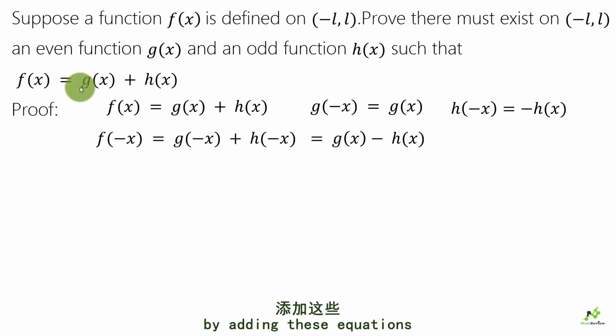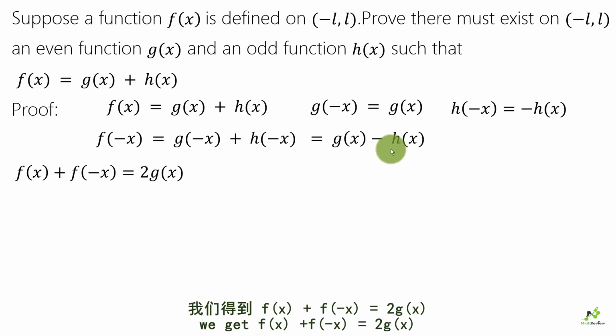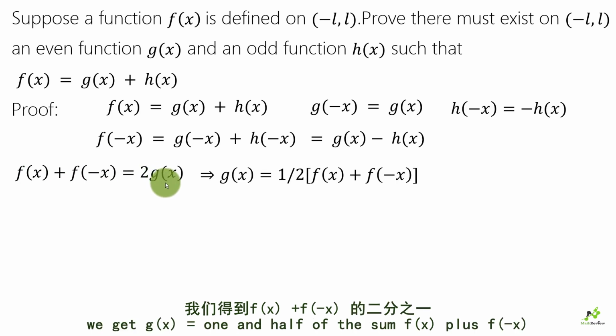By adding these equations, we get f of x plus f of -x equals 2g of x. We get g of x equals 1/2 of the sum f of x plus